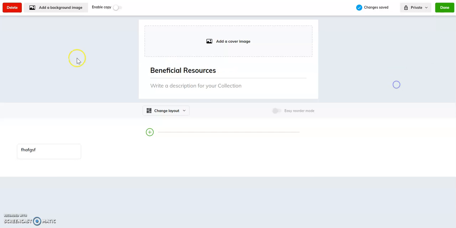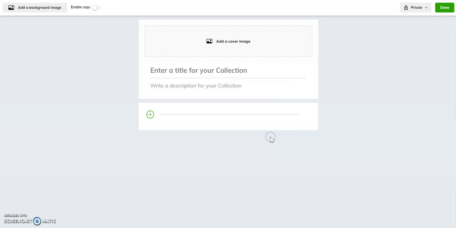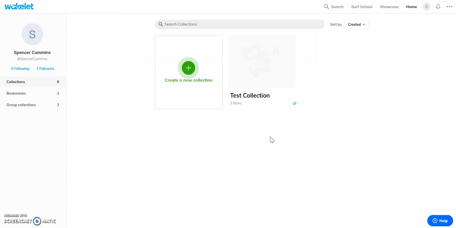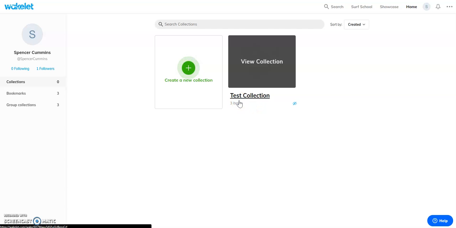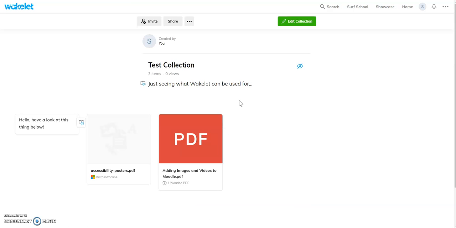But what I'm going to do is back out of this one. I'll show you one I've had a little play around with, and one of my colleagues has also had a little play around and added me. As you can see, it's still nothing exciting in this test collection. I've only put three different things in here. This is the mood board section I've got in here, so it goes horizontally along here. Now, I've put a little description in here, and as you can see, you've got this little